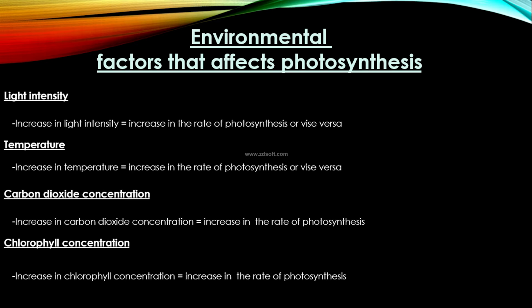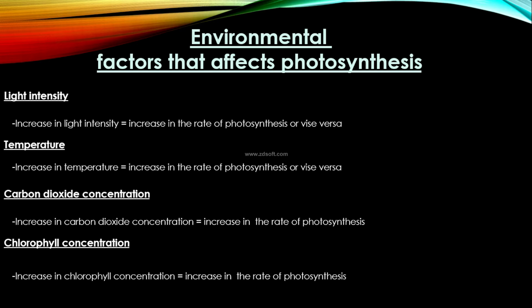When light decreases, the rate of photosynthesis also decreases. And an increase in temperature is also equal to an increase in the rate of photosynthesis, or vice versa. Which means when temperature increases, the rate of photosynthesis also increases, and when temperature decreases, the rate of photosynthesis decreases,